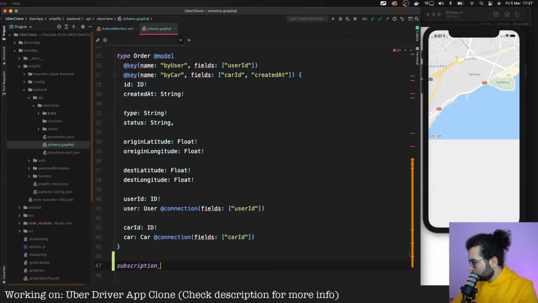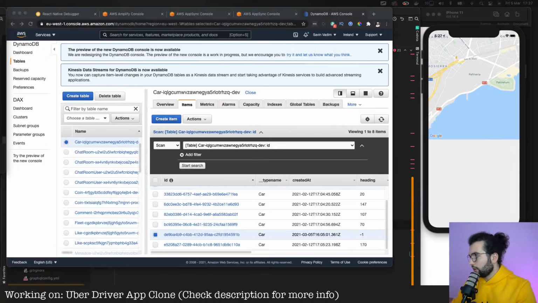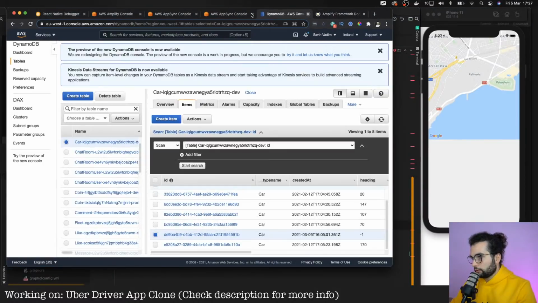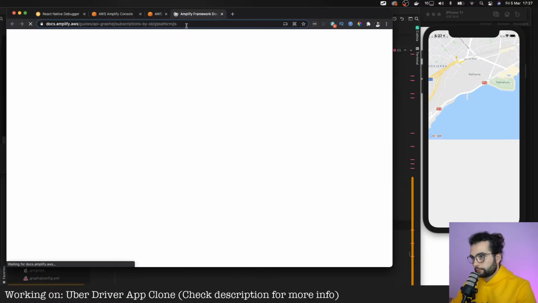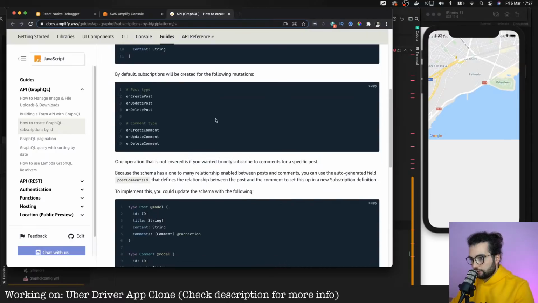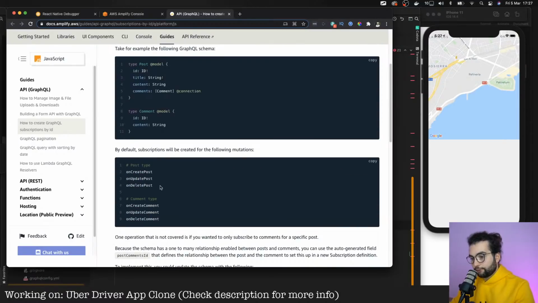Let me open the docs from Amplify. And here is how to create a GraphQL subscription by ID. By default, Amplify creates the subscriptions like on create, on update, and on delete, but they work such that, for example, on update will be fired when any order is updated.